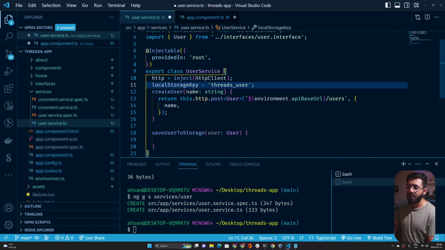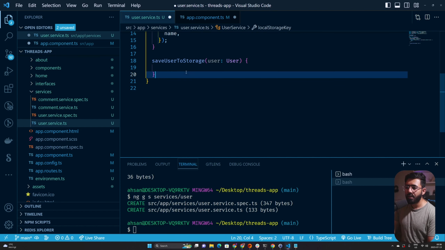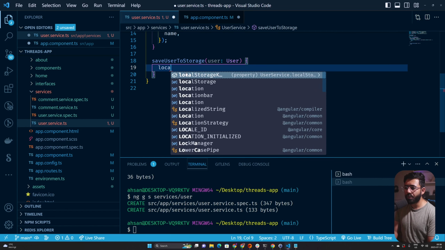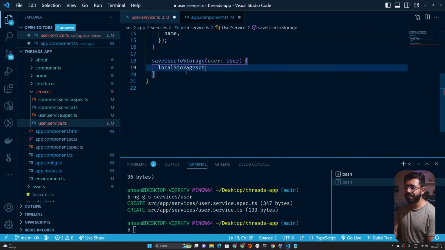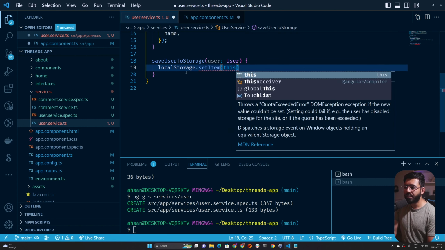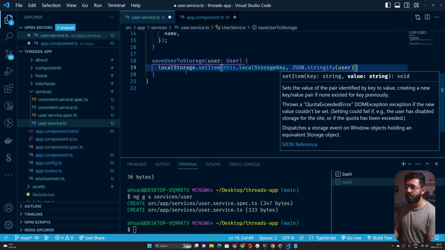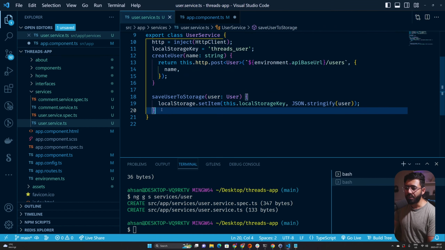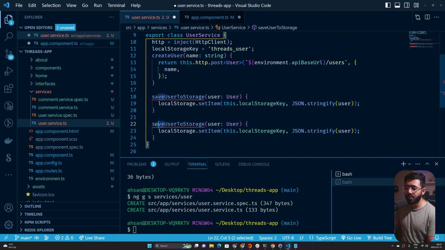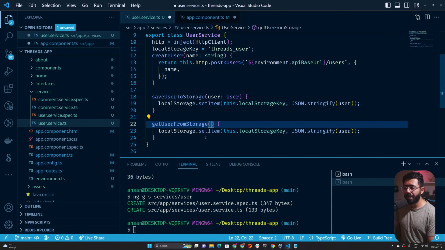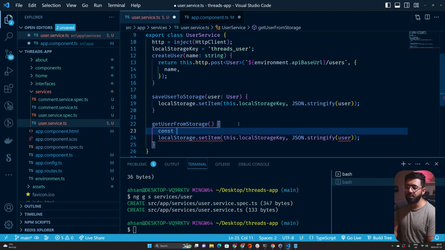So in this case, I'm going to say, hey, this dot, no, localStorage.setItem, and then we'll say this.localStorageKey, and then JSON.stringify the user. So we save the user to storage. We can also say getUserFromStorage. This doesn't require a parameter, and what we should have here is const user equals,